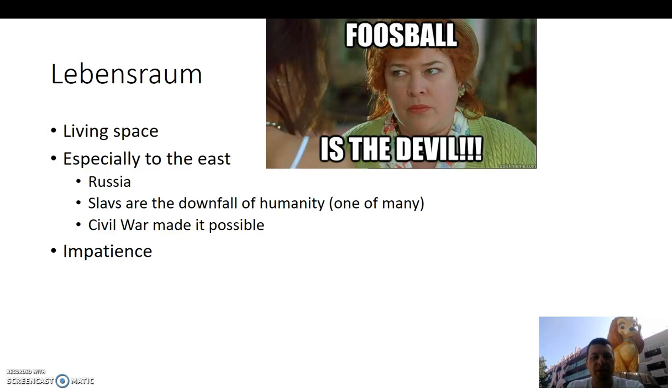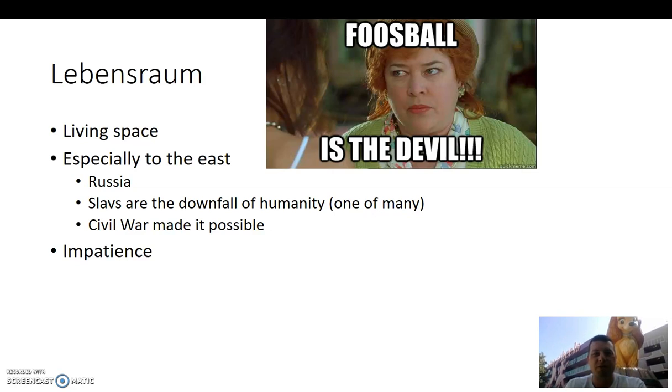He wants to eliminate the Slavs as a power and turn them basically into second-class citizens, that he's going to use them for slave labor in order to rebuild what he thinks is the true Germany, and create this empire. So he's going to basically just use them in order to build everything else up. Like a lot of different things, he believes the Slavs are the downfall of humanity. He's going to say that quite a few times.